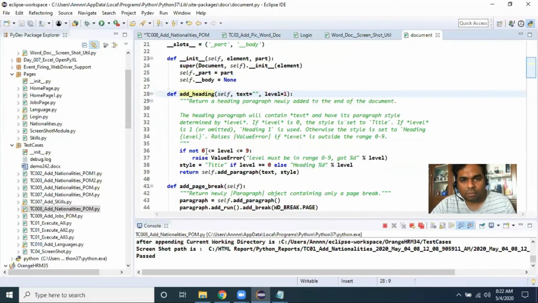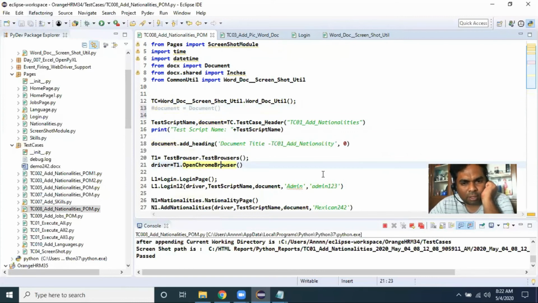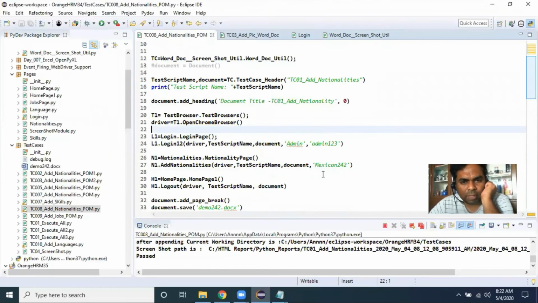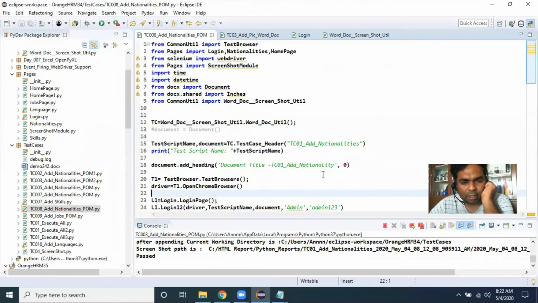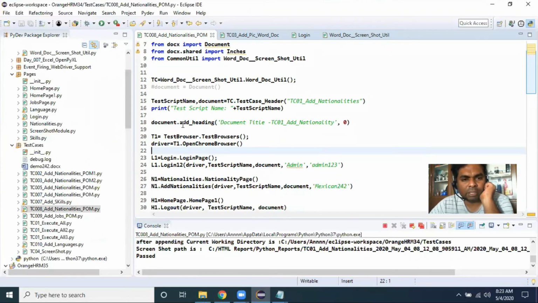Okay, document dot add heading. Suppose if I don't write this one, what will happen? I want to see. Nothing is happening. So document will be written. Okay, got it. Document dot add heading means this reference.